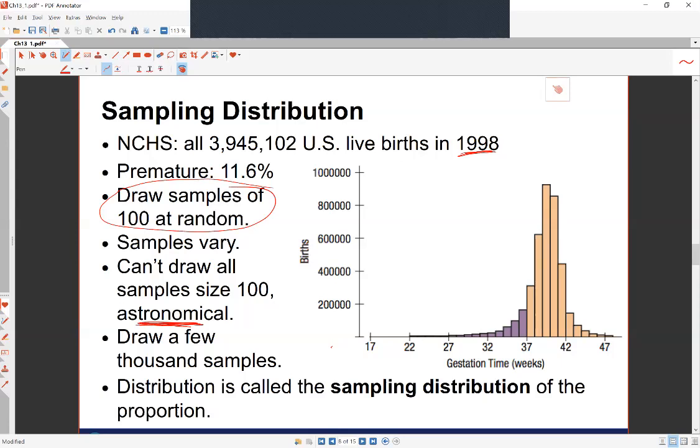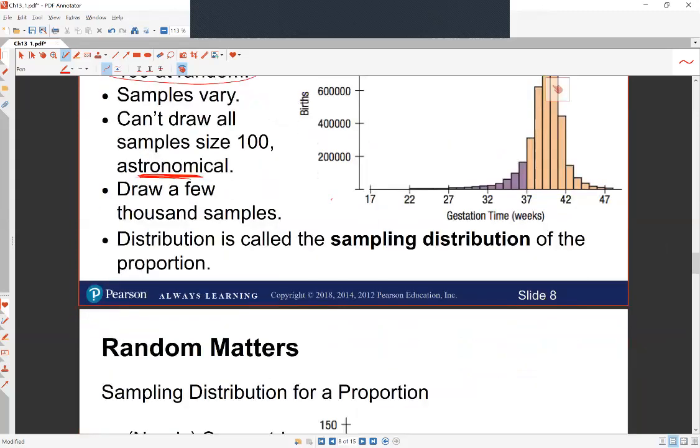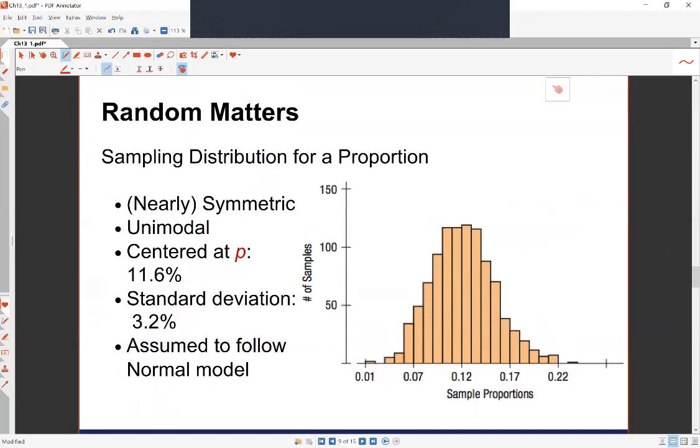So if you think through this, let's say I have these nearly 4 million births, and I go and take a sample of 100, I may find that in one particular sample, 12% of newborns are underweight. In another particular sample, 10% are underweight. I could take a third sample of 100 and find 16% are underweight. And I could do this repeatedly over and over again. And eventually, if I draw a histogram of all these sample proportions, I'll get an image similar to the histogram